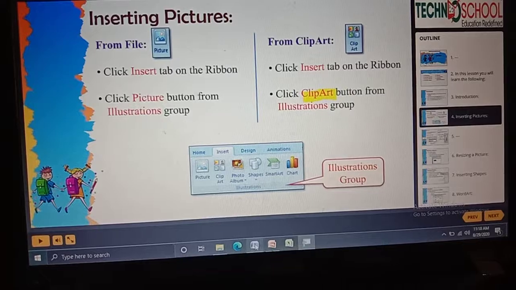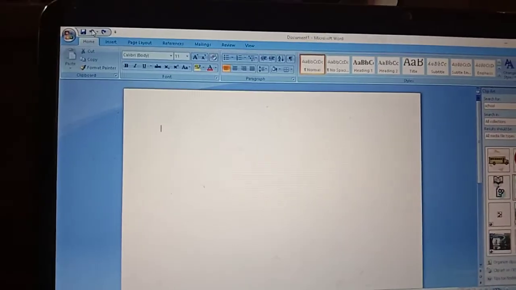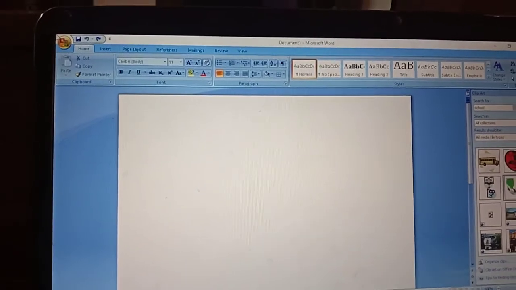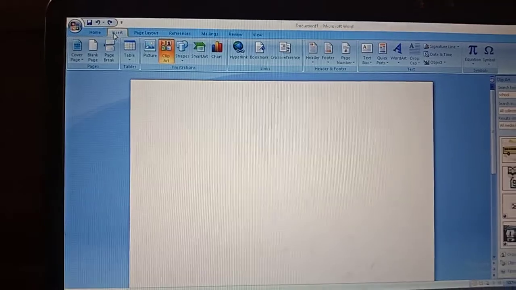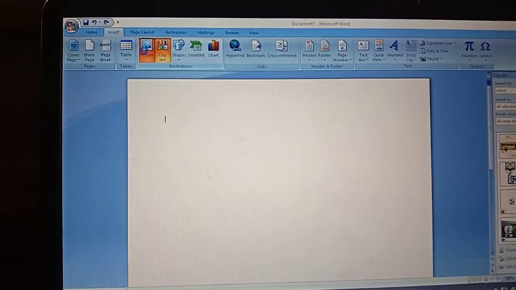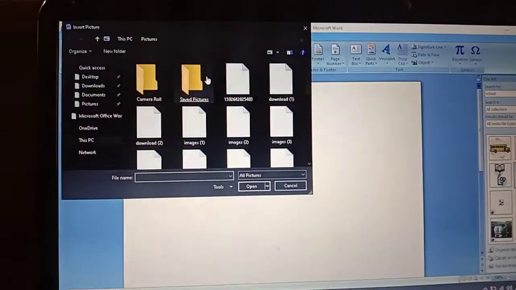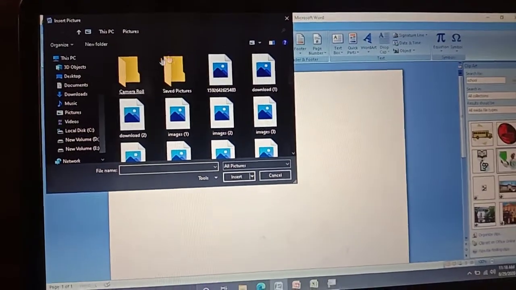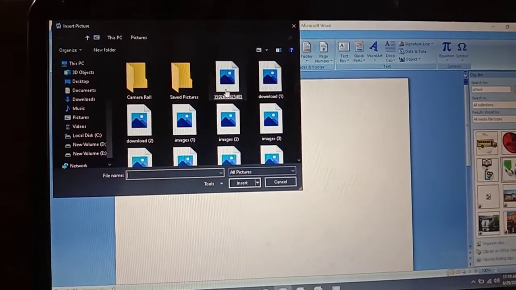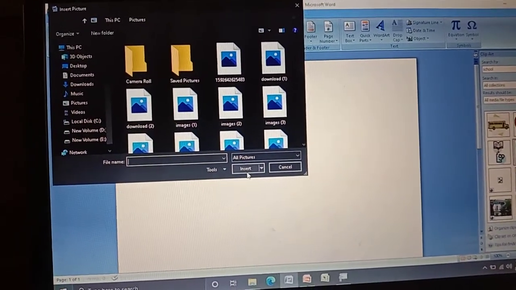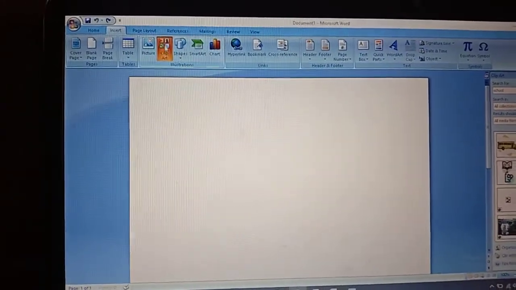Now I'll show you in the Microsoft Word document. See here. Now I'm going to insert a picture. You go to the Insert tab in the ribbon panel. Click the Insert tab. Click Picture. Once you click Picture, you will get a number of pictures that are available in our computer system. Based upon your interest, you can select any image and click the Insert button to insert the picture.